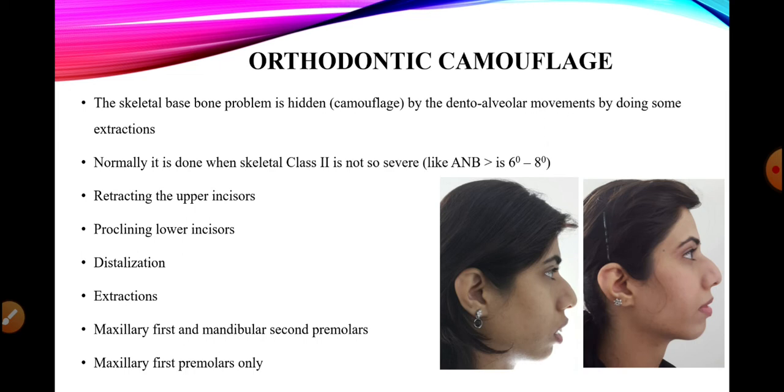But in cases of mandibular crowding, for example, we are having severe or moderate crowding in the mandibular arch as well, and we are having a proclined upper incisor. In those cases, we have to address the lower arch as well. In cases with mandibular crowding or any discrepancy in the mandibular arch, the maxillary first premolars and the mandibular second premolars are usually chosen.